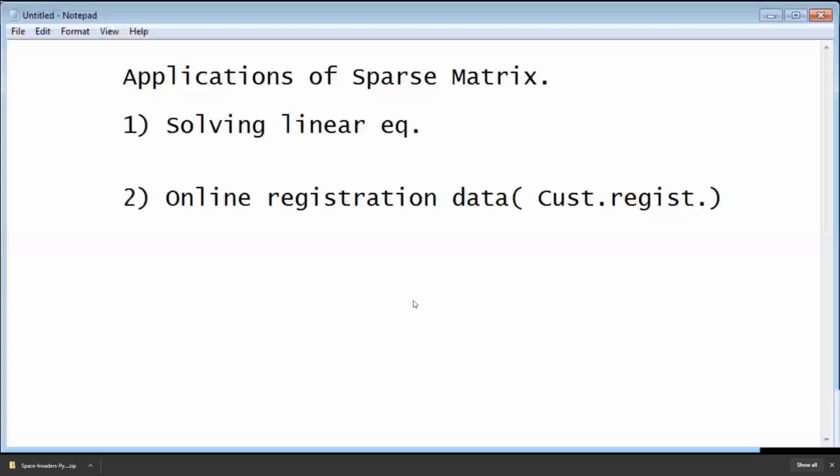Can anyone justify why I am writing online registration as a sparse matrix application? No one. Okay, I'll tell you.